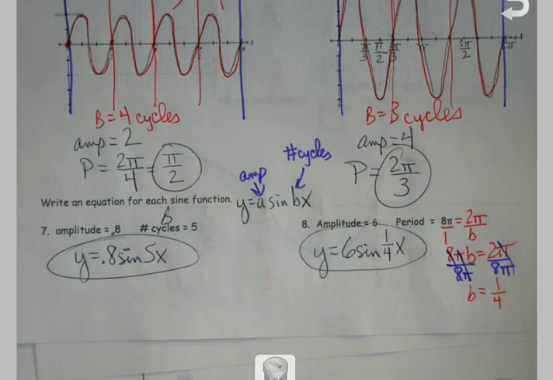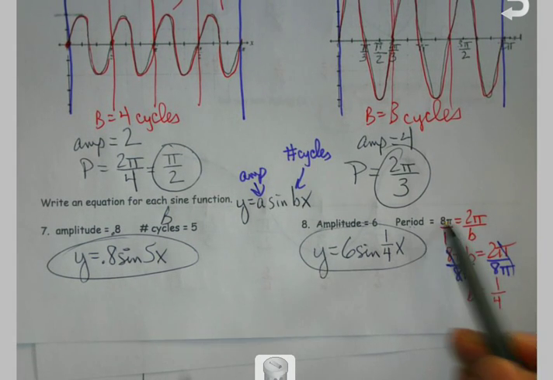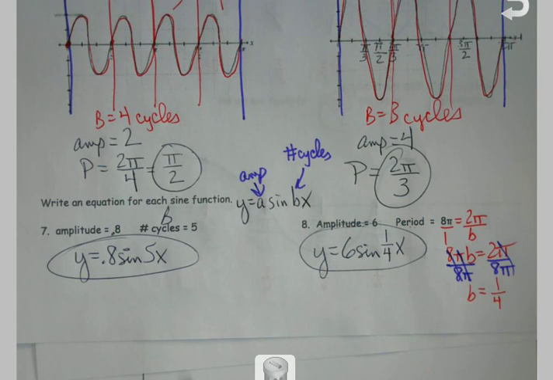8 pi b. Because when I did my cross multiplying, 8 pi times b is what I had right there. And then I just divided both sides by that, and that's where my b value came from. Okay, and then I just plug that in and I'm done. And as we start to look ahead to that last sheet, you notice, hey, it's the same thing, it's just